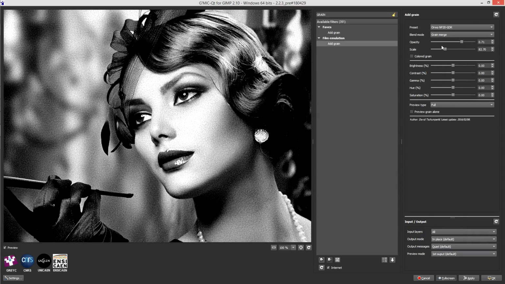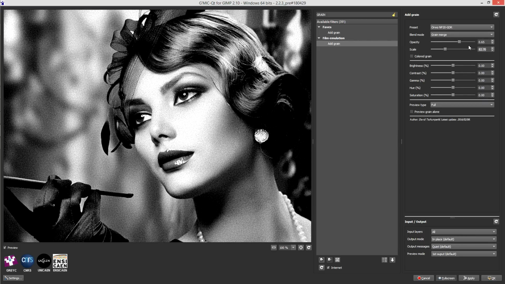and what I found for this image was that we needed a fairly intense grain. So I'm going to give it an opacity of 0.65, and the scale is going to change from one image to the next. For this image, I found 0.90 worked very well. So that's before and that's after, and that just gives it that old-time grainy photograph feel. We'll hit OK,